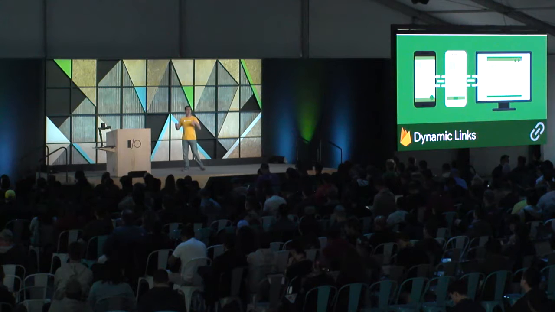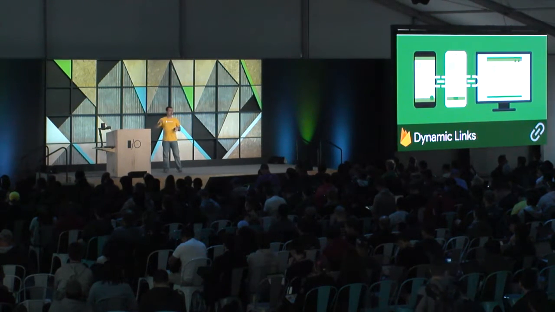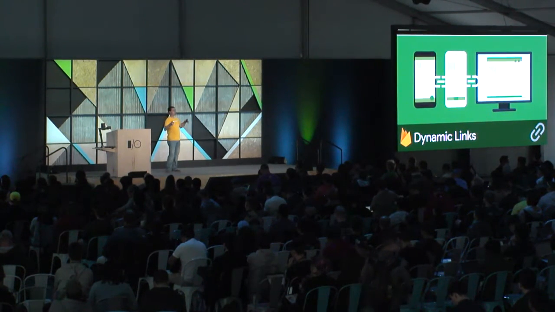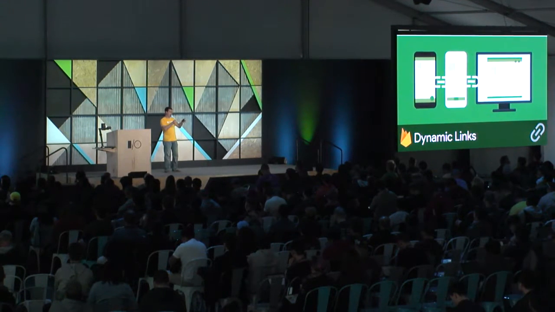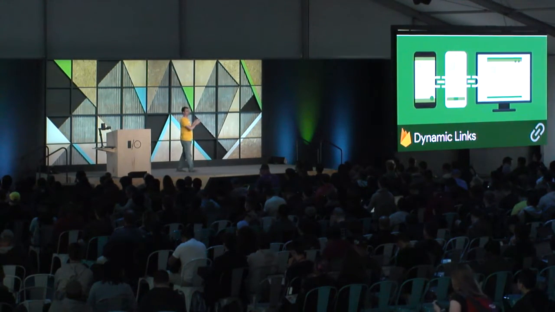So dynamic links can do that. It's great for marketing promotions. With a dynamic link, you can have a special link that people will follow, then that links directly into the app for a first-time experience that keeps them engaged. And also, if they don't have the app installed, what dynamic links will do is get you installed into the app, and then after that, it will take them, again, directly to the content.